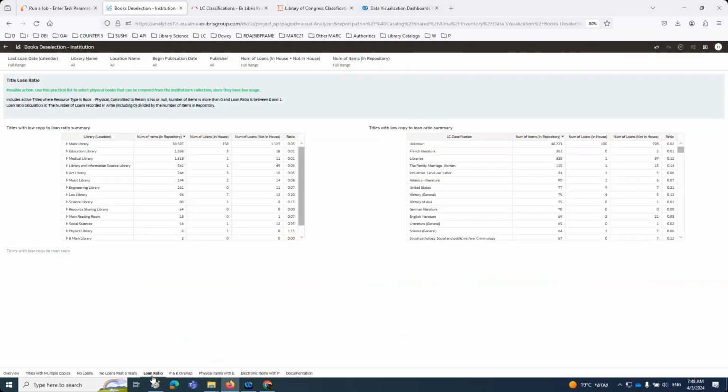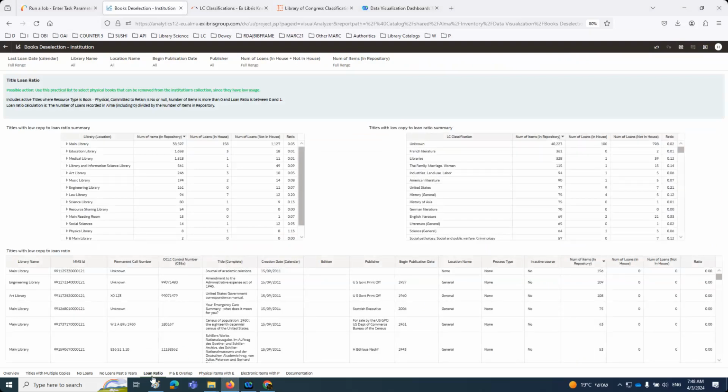I'll come in here for explanatory purposes. For example, I'll take a small amount so we can see exactly how it is. This is a ratio of the number of loans against the number of items. So if there's 3 items and 3 loans, that's a high ratio. A low ratio would be a lot of items. Like here, it's only 0.1 because there were 1,658 items and only a total of 21